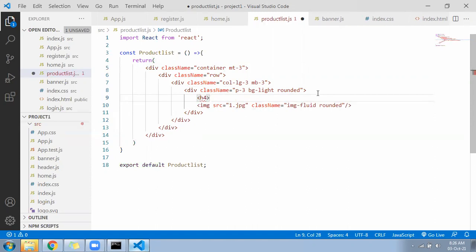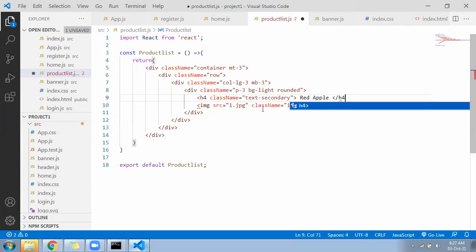That also with className equal to text-secondary, red apple. Close the h4, then the image will come.